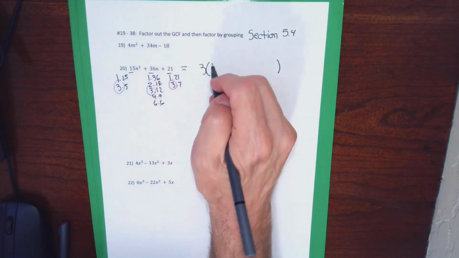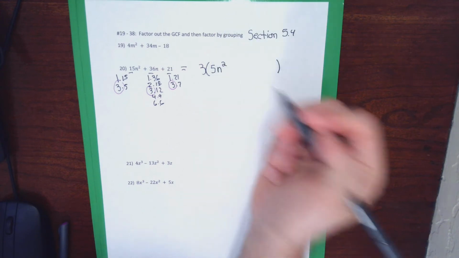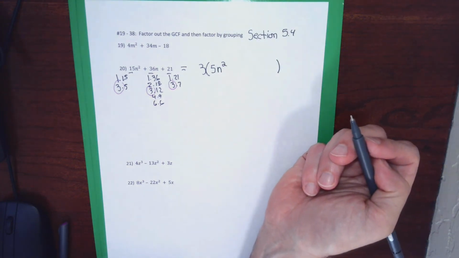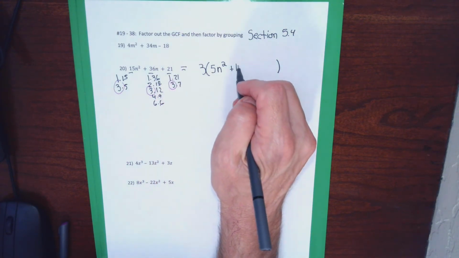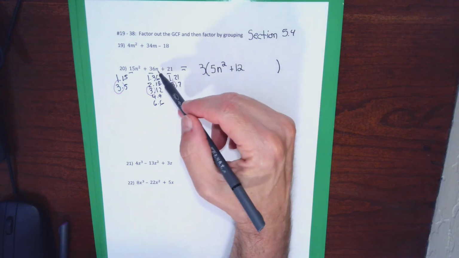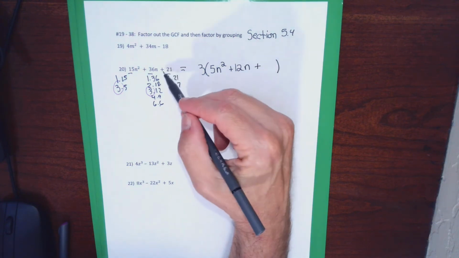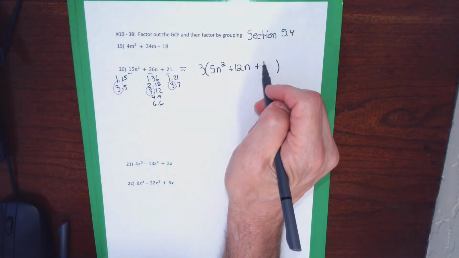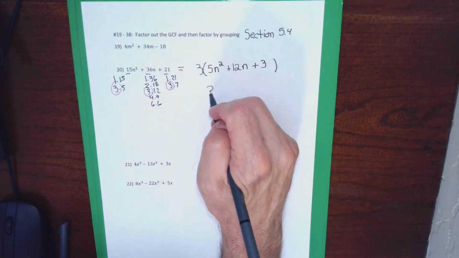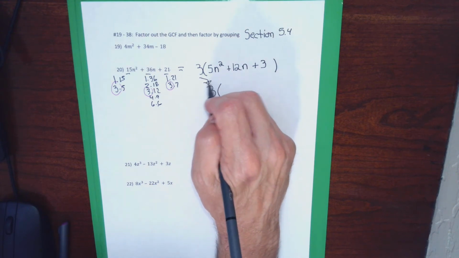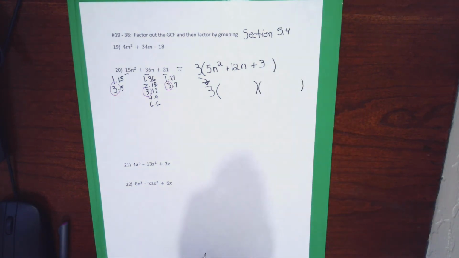So the 15n squared, when I divide the 15 by 3, it turns into a 5. I leave the n squared. The first term in my parentheses is going to be 5n squared. This 36 I'll divide by 3, and after the plus sign I'll get a 12. I'll leave the n from the 36n because I didn't factor out an n. And then keep this plus sign, divide that 21 by 3, and get 3. Ultimately, that 3 is going to be in my answer, but it's not going to impact the work that I do to factor 5n squared